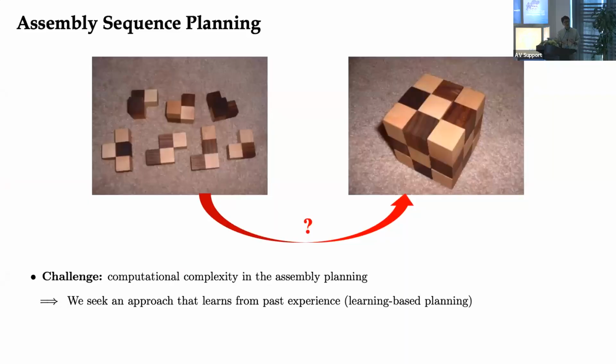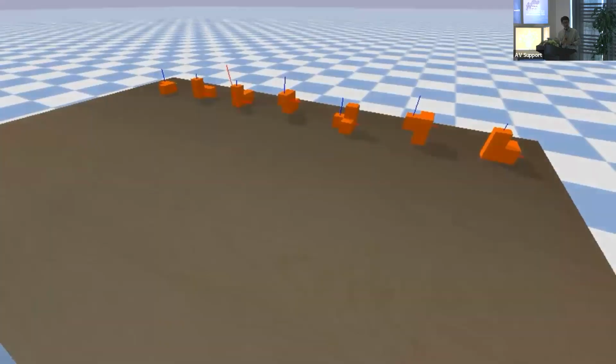So there is some other work we've been working on. There are a number of steps we have to do, but what is the optimal way to set up the steps in order to go from individual pieces all the way to the final product? There is some work my students are doing to address some of the computational challenges, but it looks like I'm running out of time. So I will skip this part, except